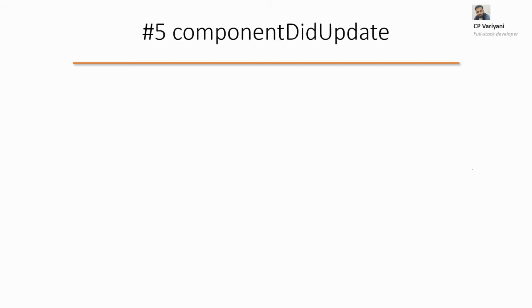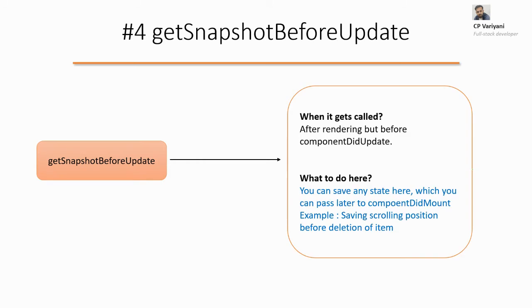And the next method we have is componentDidUpdate, where you can pass as a third parameter the snapshot whatever you have captured. So one common example we see, but again it's a rare case, is where you want to capture the scrolling position. You are displaying a list of elements, and then all of a sudden you delete five of the elements, then of course you need to shift the scroll as well. So you can capture what the previous state was and what the next state can be accordingly.